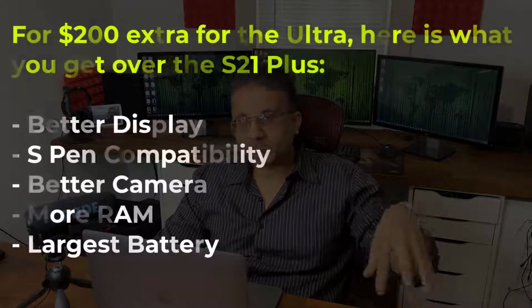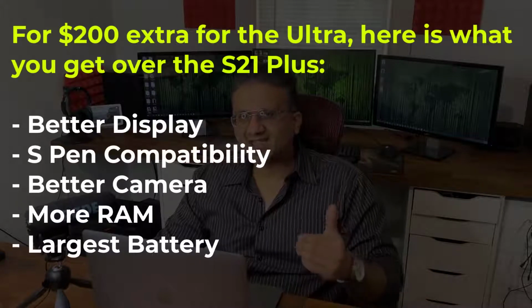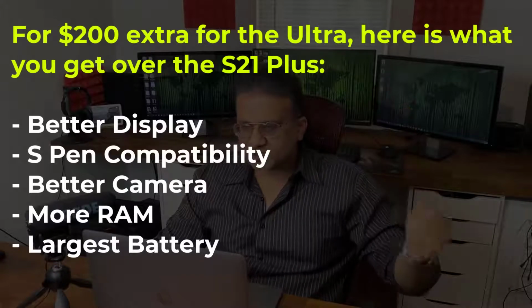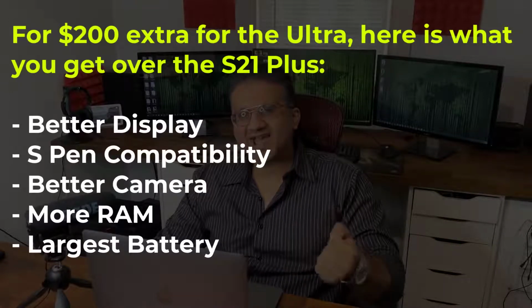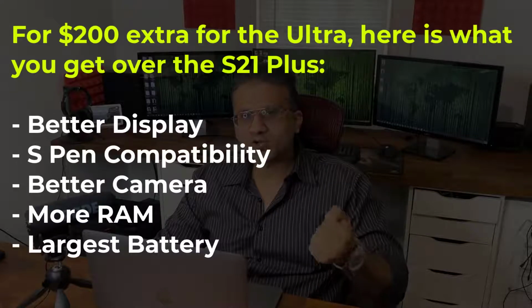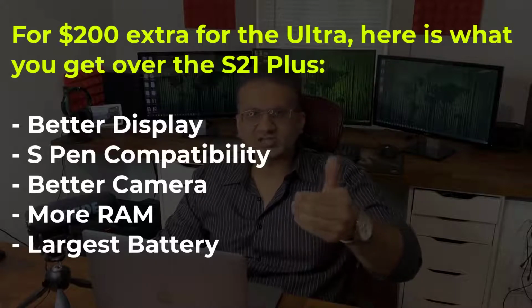We have talked about the display, the design, the performance, the cameras. Now, let's go back to the price. Let's say you get the S21 Plus. That's $1,000. Now, what if you spend $200 more and get the S21 Ultra? The question becomes, is that extra $200 I'm spending on the S21 Ultra getting me my money's worth, getting me $200 worth of features? The answer to that question is, in fact,